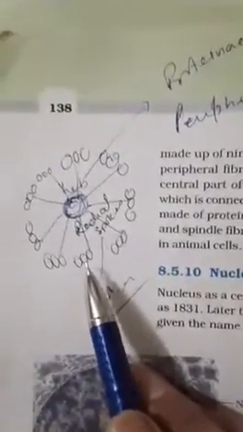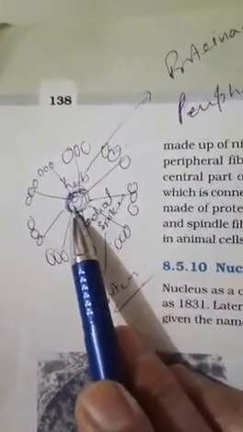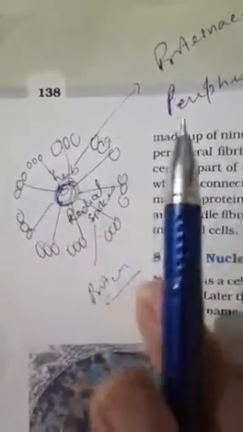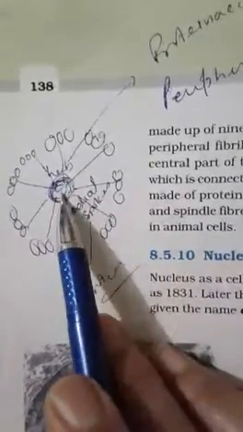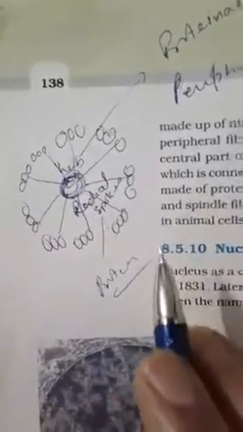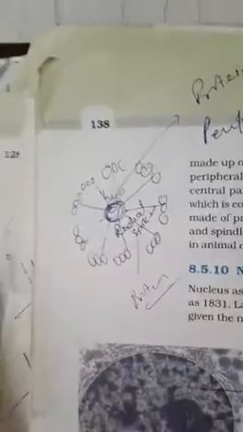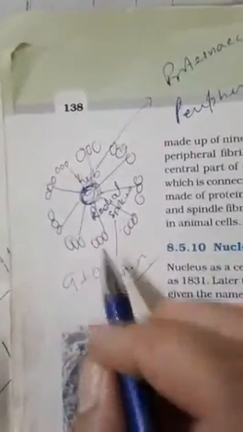So this is the same structure as cilia and flagella, but there were peripheral doublets, here there are triplets. There, in the center there were two core microtubules, but here there is no microtubule present in the center, in the core. It is a proteinaceous hub only. Okay, but radial spokes are the same. Now I am showing you the diagram in the other book. So this arrangement is called what? 9 plus 0 arrangement. 9 are there in the periphery in triplet form, but in the center nothing is there.